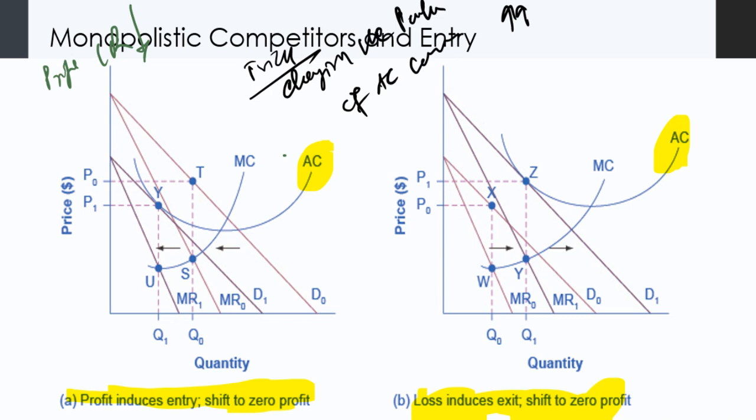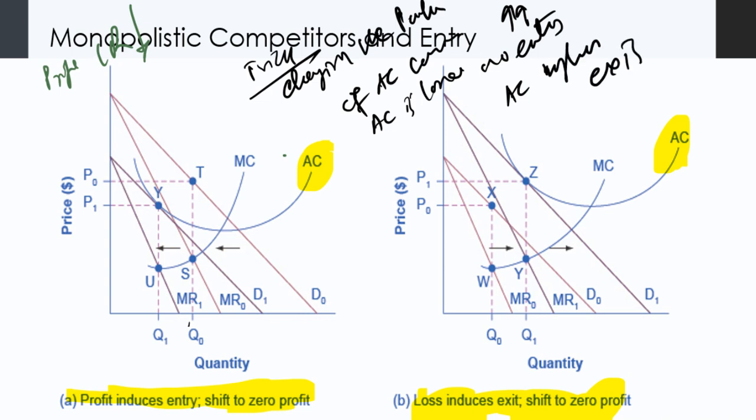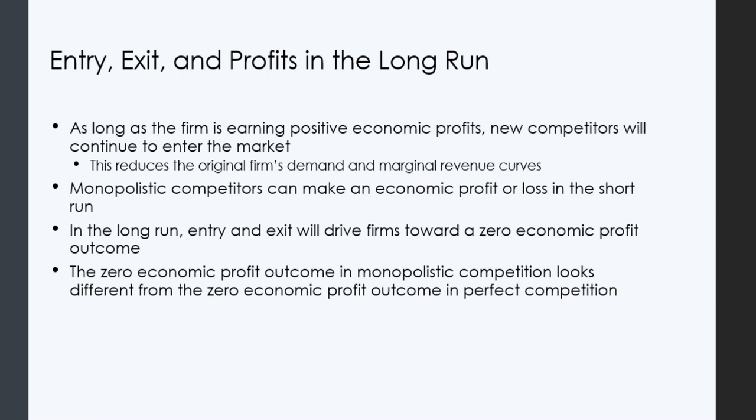Just putting it at a slightly higher position will actually make it loss-induced exit, and this is profit-induced entry. So if AC is lower, as you see, the rest of the stuff has no change. AC is lower, new entry. If AC is higher, exit. Okay, very simple. Next, we have explained that a monopolistic competitor can make economic profit or loss in the short run,